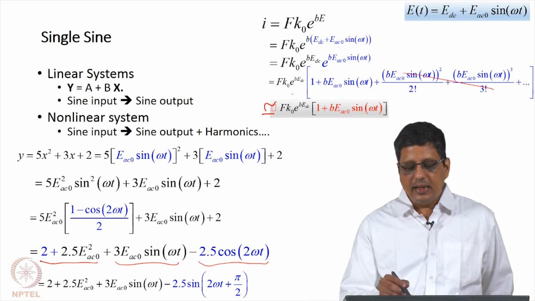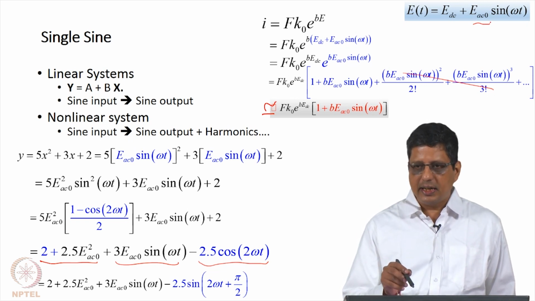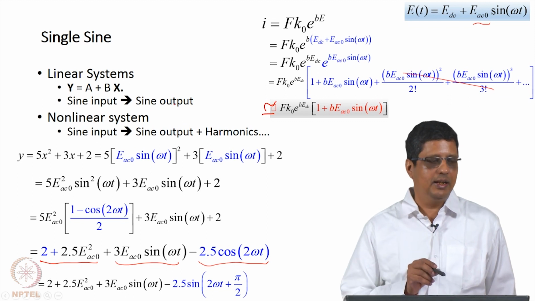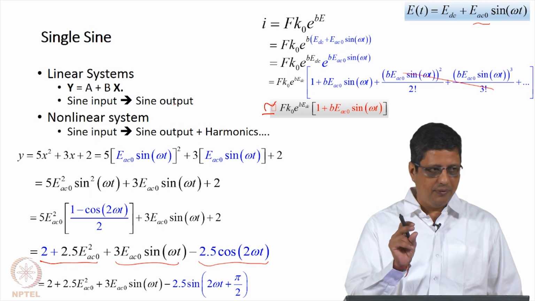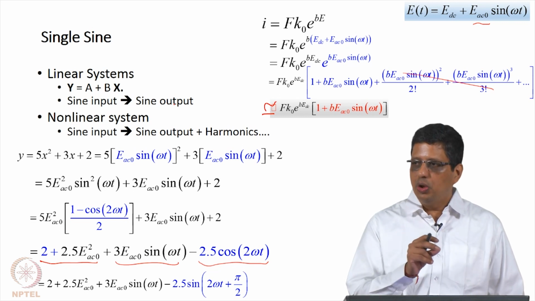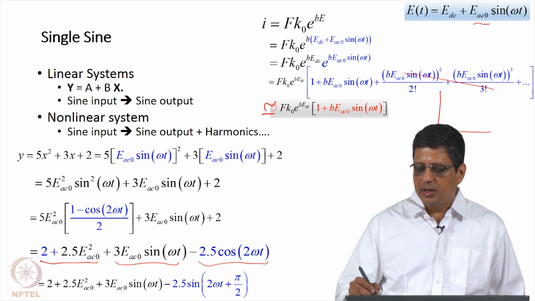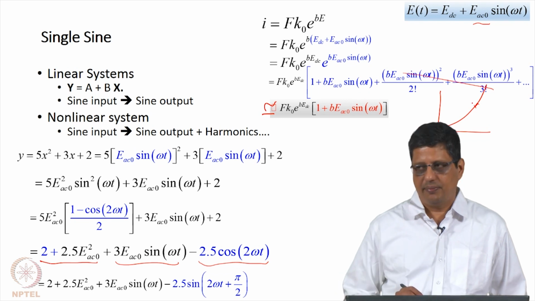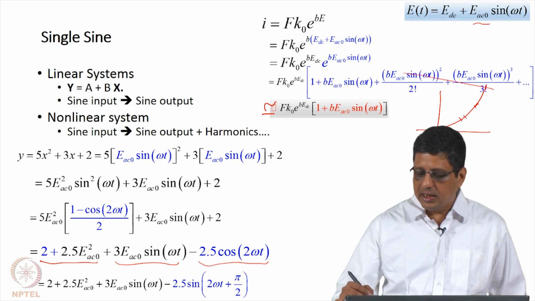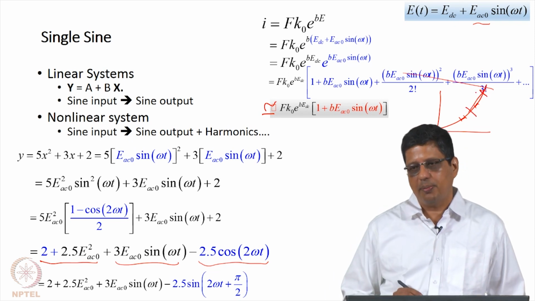So, if I say that the E AC 0 amplitude of the sine wave is small, then I can truncate this and say I will get a linear response. The system is non-linear, but my input is very small, small changes there. So, the output I can approximate as a linear curve. If I draw it in a curve, this curve is non-linear. I can take this and approximate this area by a small straight line. I can approximate this area by a different straight line. I can't approximate this much area by a straight line, that will be a poor approximation.